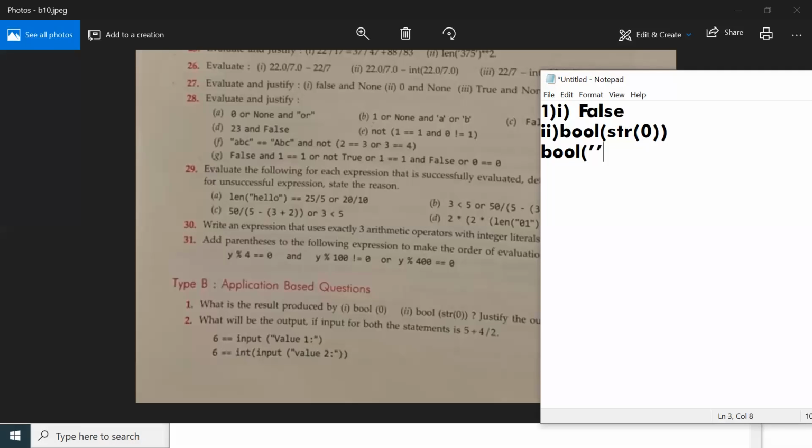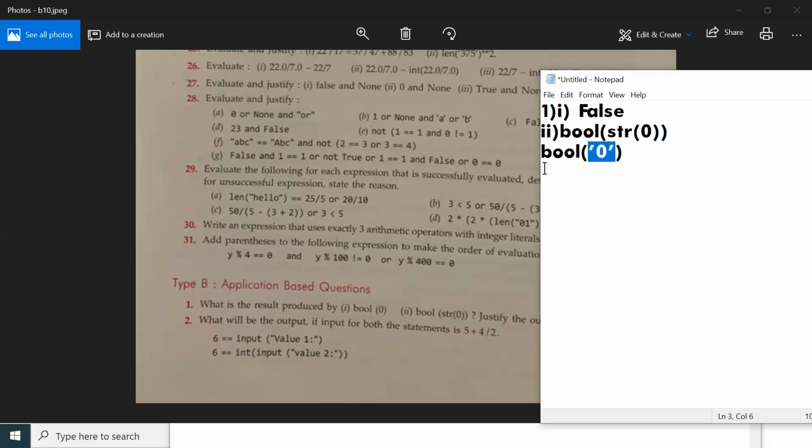It is nothing but the number 0 within quotes. If you give str of something, whatever value you give within the parentheses will be converted into a string. Here I have the integer 0, and you are converting it into a string, so you will get the string 0.